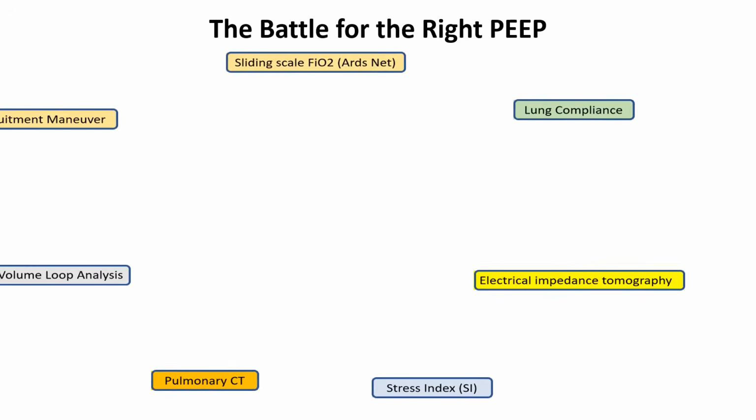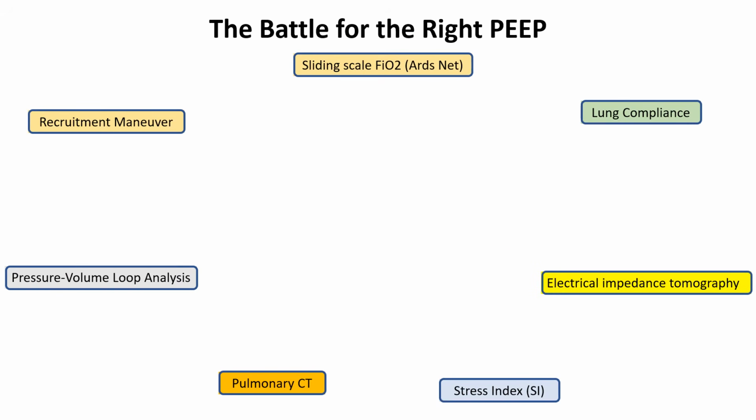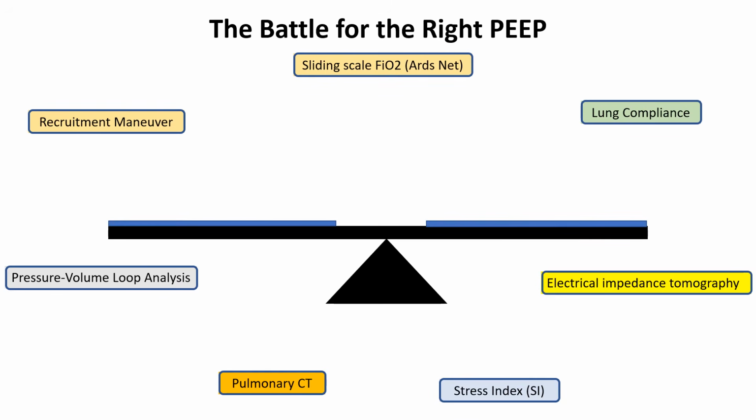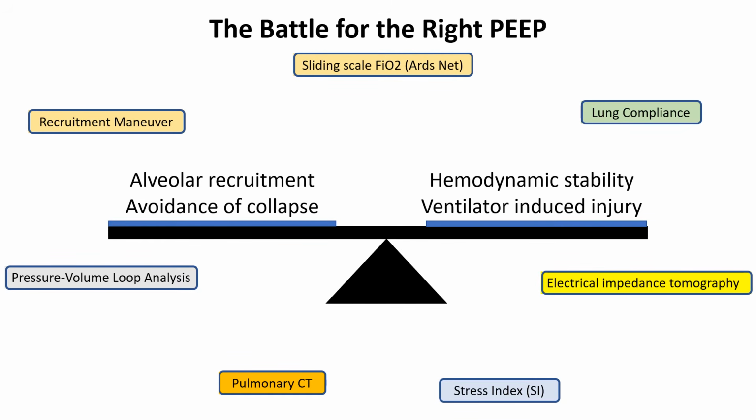Now that we have explored both the benefits and drawbacks of PEEP, the key question is, how much PEEP is ideal? There is no universally agreed upon method for determining the optimal PEEP level. Various approaches, including oxygenation-based strategies, compliance-guided methods, and pressure volume curve analysis, have been proposed. However, the ideal PEEP setting remains patient-specific, requiring a balance between lung recruitment, avoidance of overdistension, and